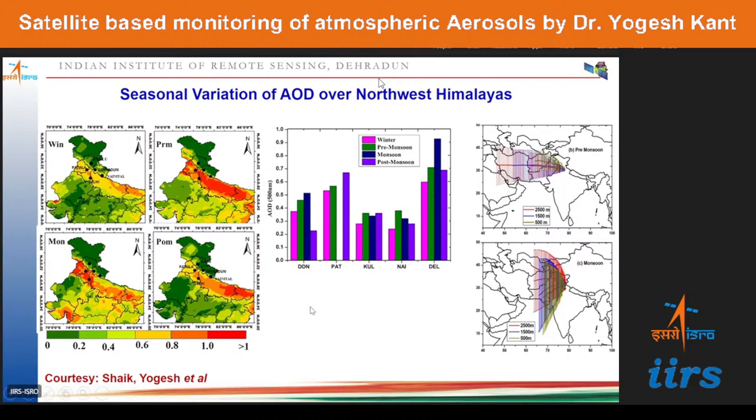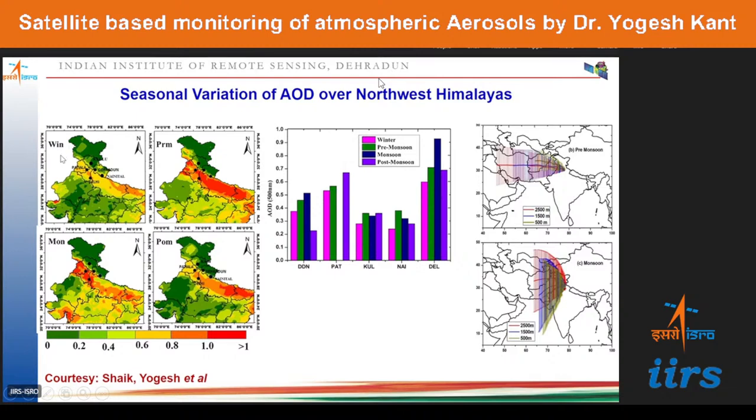So, for example, we can understand the seasonal variation. For example, the northwest Himalayas or northern India. Taking a large amount of data, for example, a number of years of data, one can also visualize the spatial distribution as well as the intensity, and depending on the different seasons, how the aerosol loading, that is the air pollution loading, is changing from one season to another, and what the intensity level is. This is the intensity level from 0 to greater than 1. It means 0 to less than 0.2 is the clean atmosphere, and here there is a lot of loading. So the brighter red shows a lot of loading.